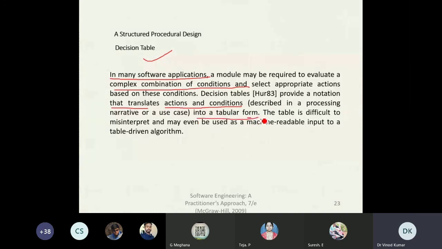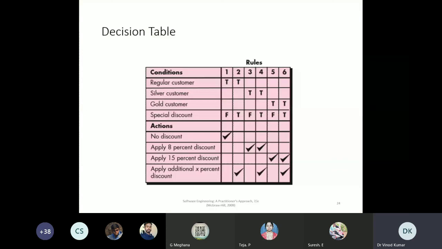As I already told you, it is a tabular form of different, complex components that you can put and compare, so that you can make fruitful decisions. The table is difficult to misinterpret and may even be used as a machine readable input to a table driven algorithm.